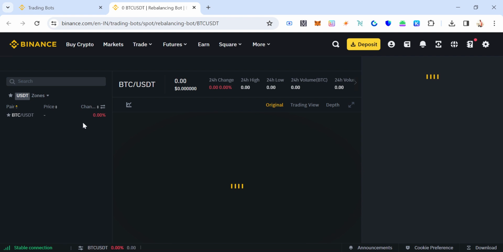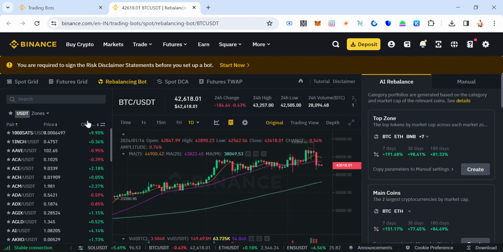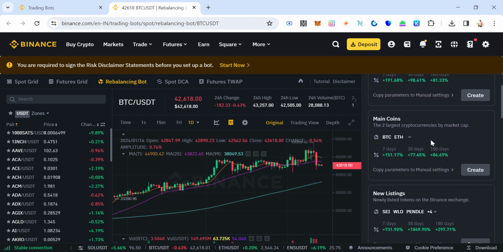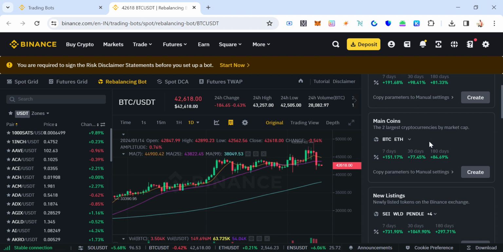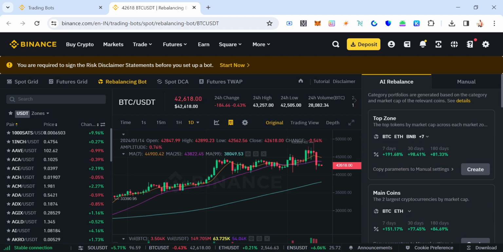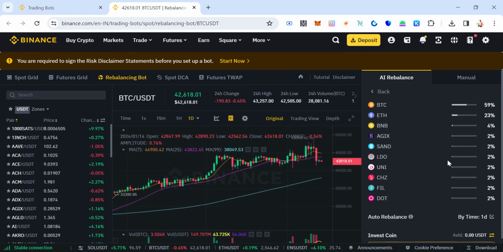and we have to wait for the interface to load over here. Now there is an option of AI Rebalance over here, and it lets you have up to 10 different coins or tokens in the trading bot. So you can manually create it over here. These are the main coins like Bitcoin and Ethereum, and then there are new listings like Safe, Weld, Pendle. So these are the top zones. So if I create on top zone over here,